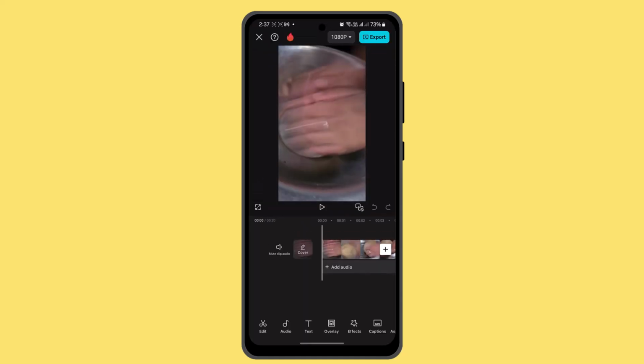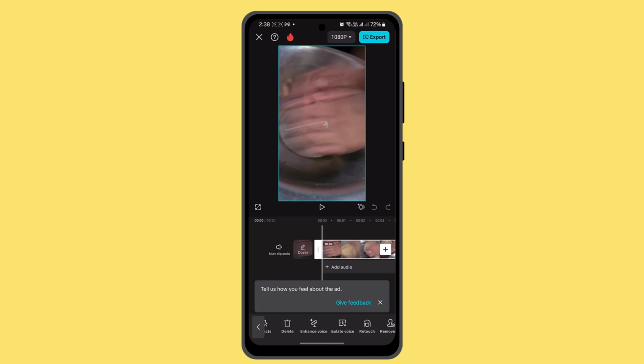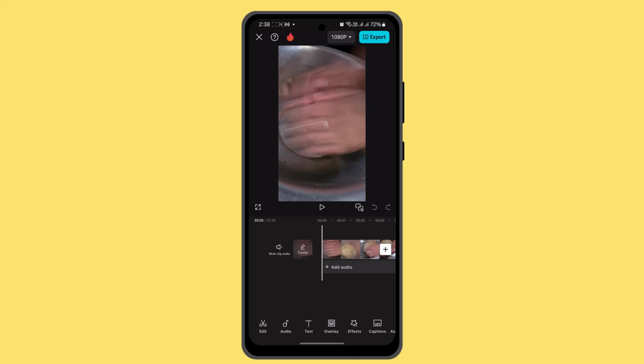Next, you can see at the bottom there are multiple tools available in order to make changes with the video. So you could go to the edit section, and then you could either split the screen, go with the fast or slow motion mode, or you could also use animation effects or enhance the voice, isolate the voice, whatever. You could go and find out all of these solutions, and you could also explore all the tools that are available. And if you want to use some other features like effects, you could go to the effects section